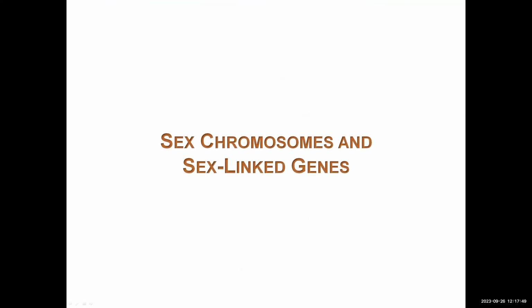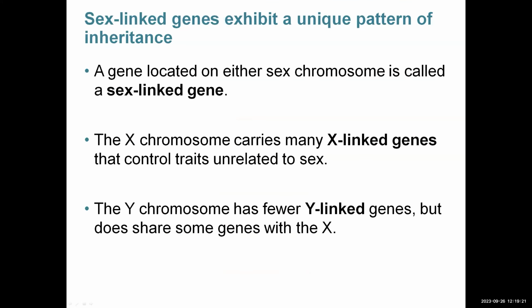Let's talk about how it's different with sex chromosomes. So a gene that's located on any sex chromosome is called a sex-linked gene. When we say something is sex-linked, we're saying that it's physically linked. If it is an X-linked gene, then it is physically located on the X chromosome. And if it is a Y-linked gene, it is physically located on the Y chromosome. So sex-linked genes are physically located on sex chromosomes, not autosomes, and they can be either on the X or